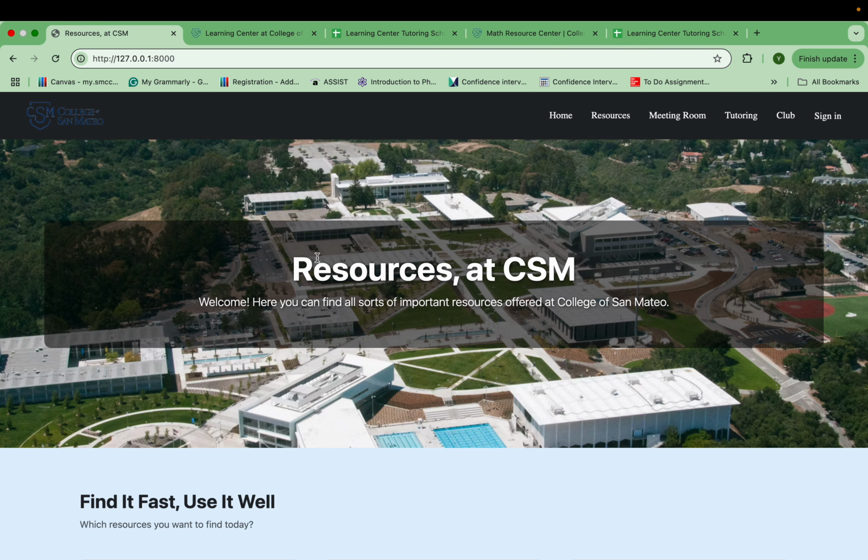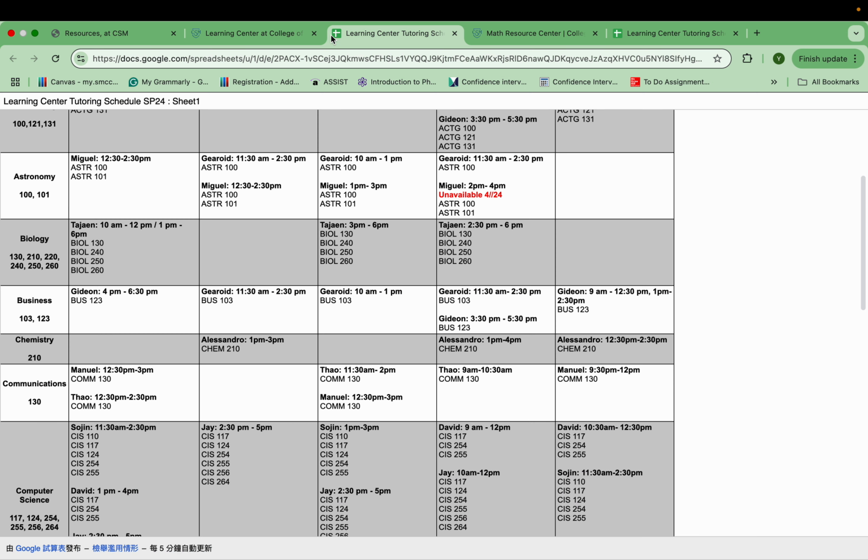So this is the first thing, that we want to combine all the items in one list for people to easily search. Another thing is that